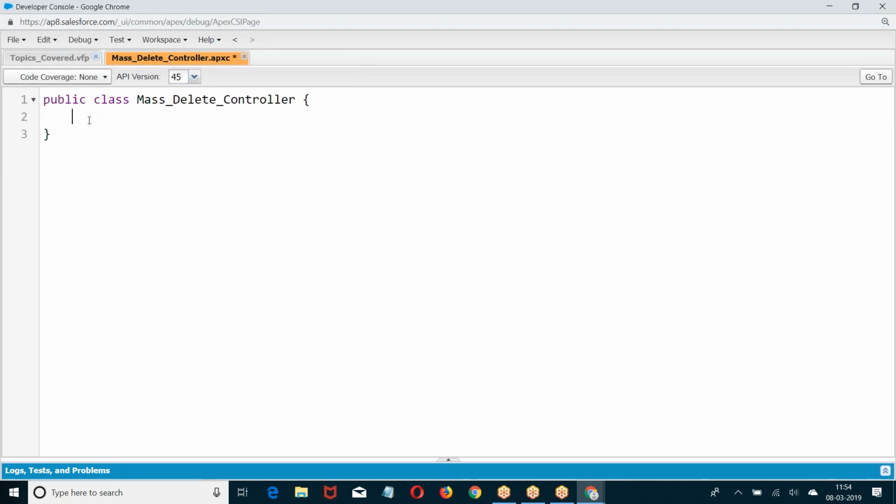Delete. If it is a standard controller, we are getting a single record. If it is a standard set controller, a group of records. Standard controller will give you one record. Standard set controller will give you a group of records. In the constructor, what is the